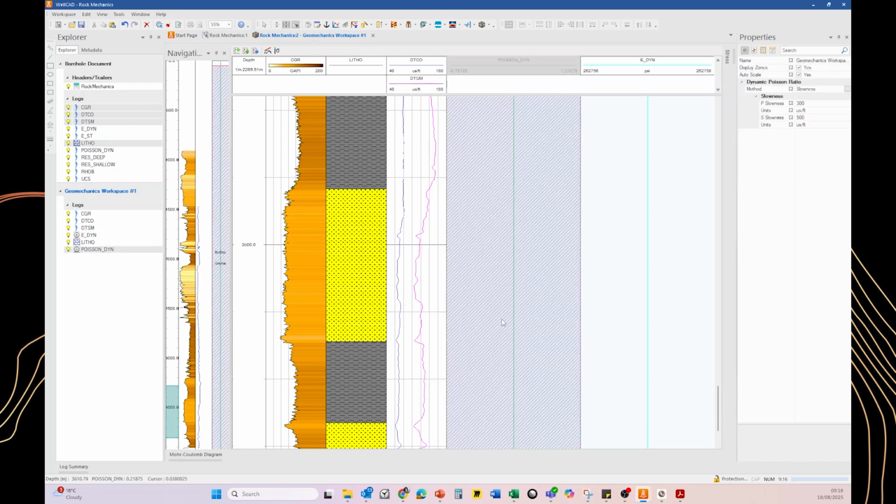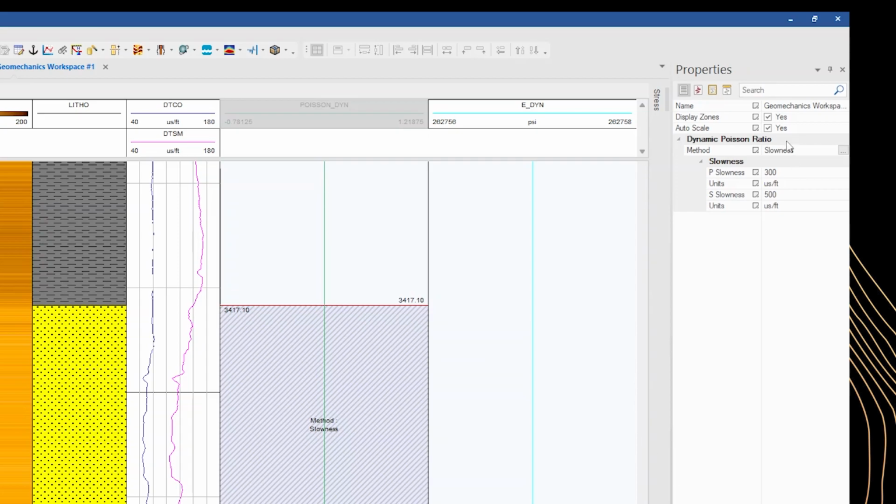We can start with a zonation from top to bottom, but may want it to be more precise. You can just click the Shift key and press the mouse button and create a zonation. Now that we have selected a specific selection, on the right hand side in the properties bar, we can select the method that we want to use.